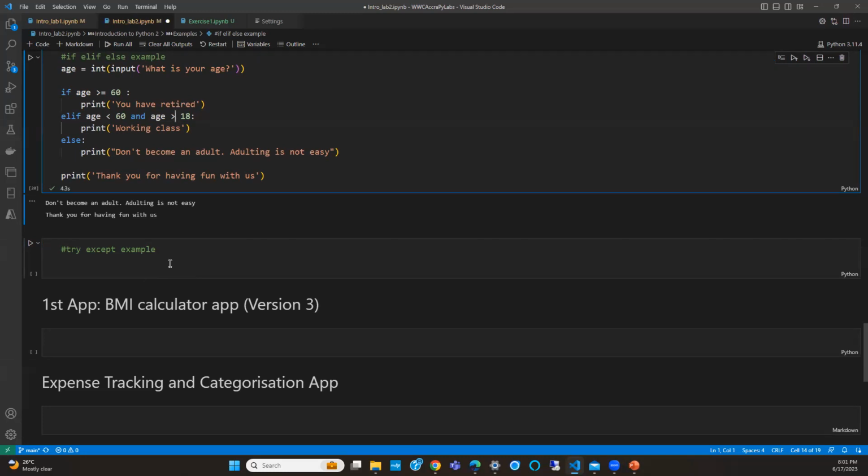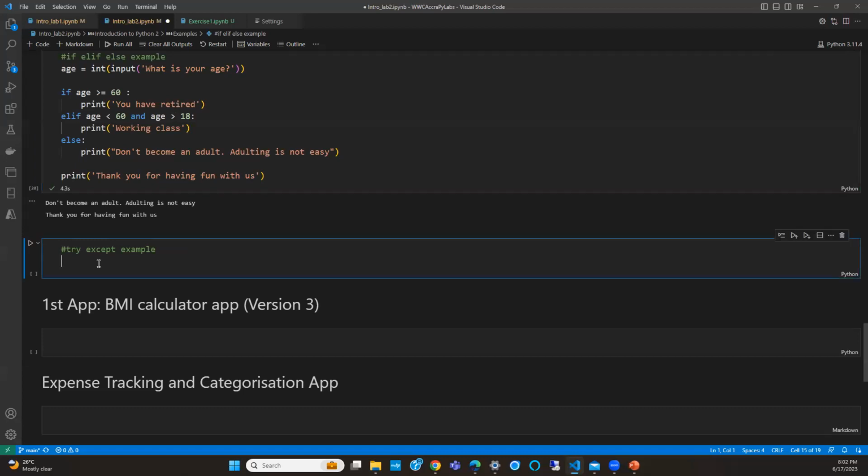Python allows you to have control over that using try except. The try block is what Python would run, and if nothing goes wrong, that's it. If it runs and there's some error, then it goes into your except block. The except block is what you want to run or show the user when something has gone wrong. You say, okay, do this instead.